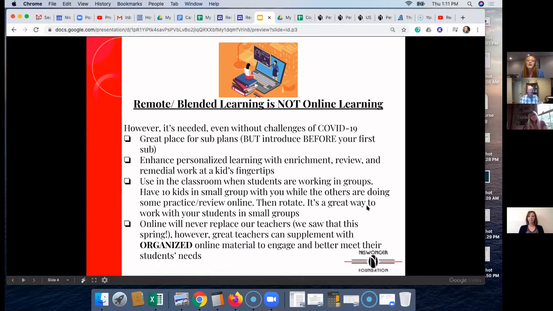And if there's no other option, then it's definitely a better option than the kids not learning and not moving forward. So I just noted there that getting your information on your Canvas site, getting it organized, creating an engaging, inviting environment, is just going to help you meet the needs of all of your students. And again, this fall, definitely, when we've got the chaos of who's in the classroom and who's online, but then for the rest of your teaching experience, I think online will be something that we will always be integrating into our classroom.